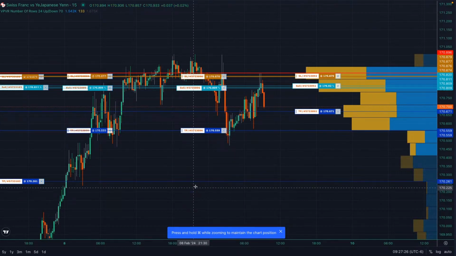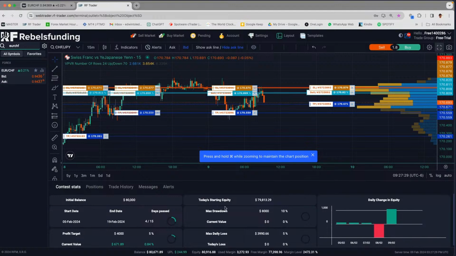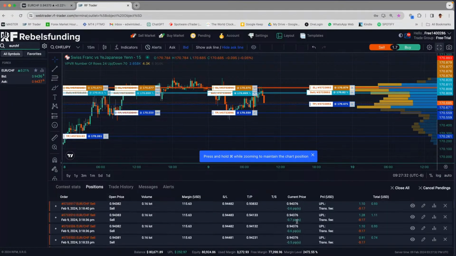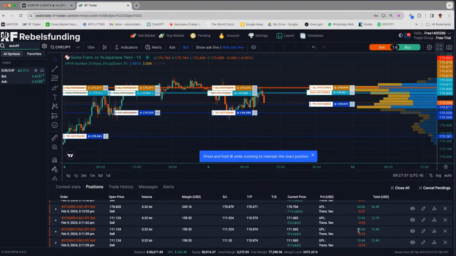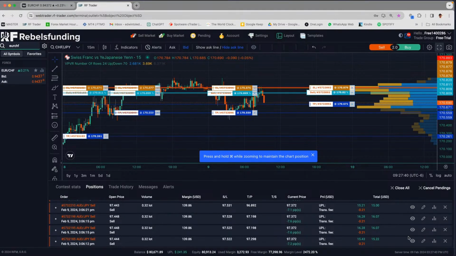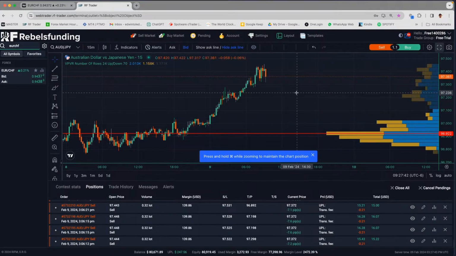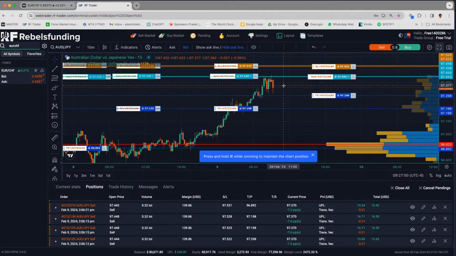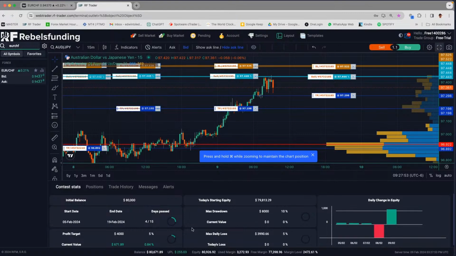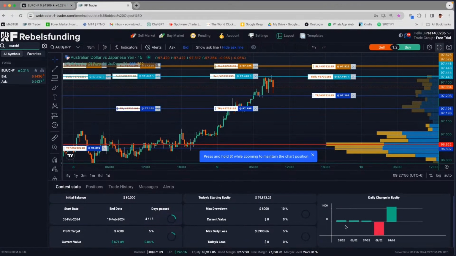I mean, let's just see how things keep cooking. Let's see, Shevchen moved nicely in our favor, but look, ADD Gen almost touched TP1, just retraced. I don't know. I think it was 7 pairs today. Some we adjusted stop losses.